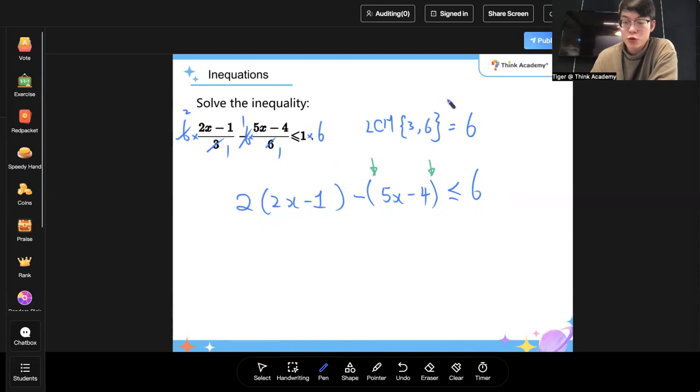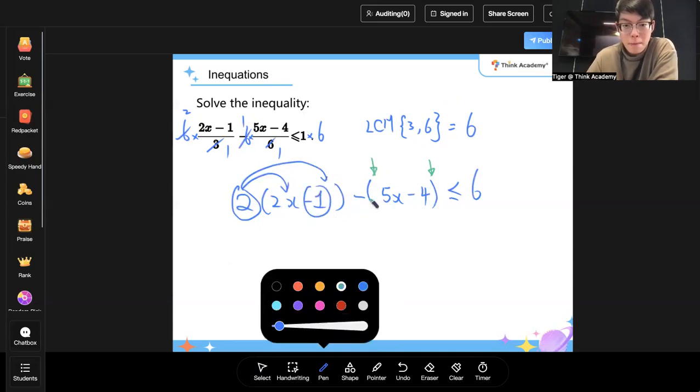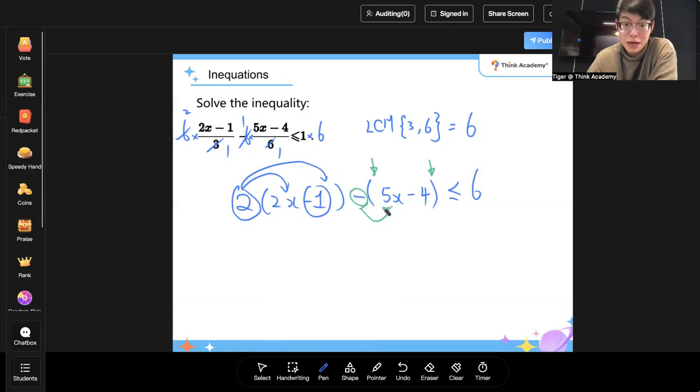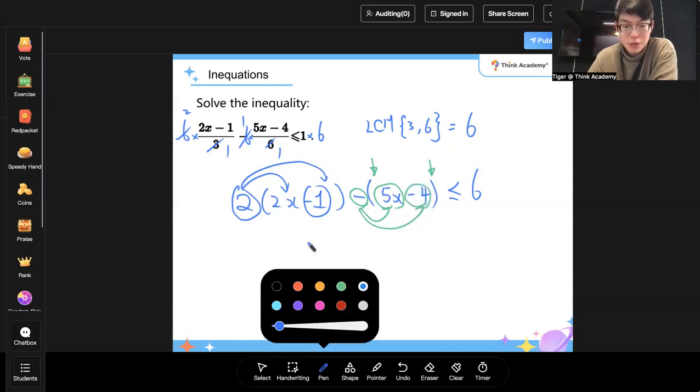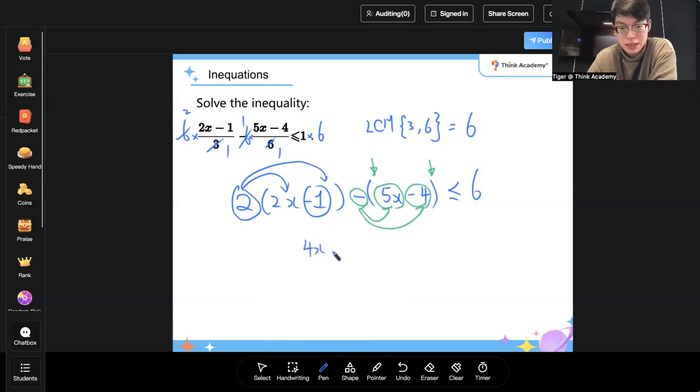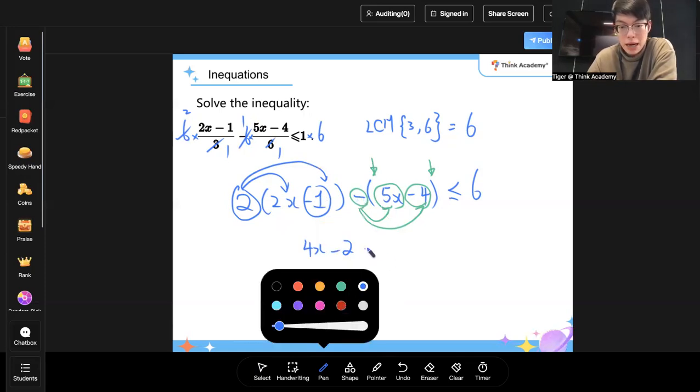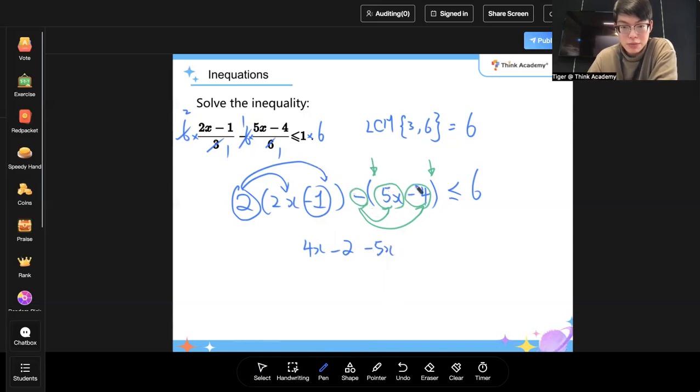Get rid of the brackets, the grab step. So 2 times 2x, 2 times -1, and then we have minus times 5x, which is -1 times 5x, essentially, and -1 times -4. So first of all, 2 times 2x, that's 4x, 2 times -1, that's -2, -1 times 5x, that is -5x, minus 1 times minus 4, that is plus 4, and that is less than or equal to 6,